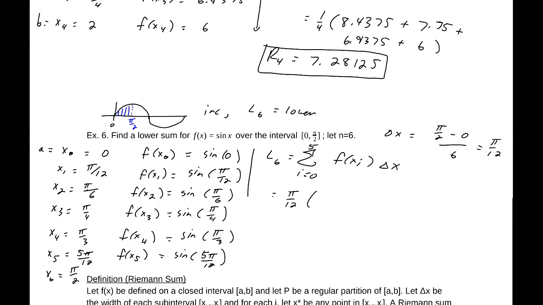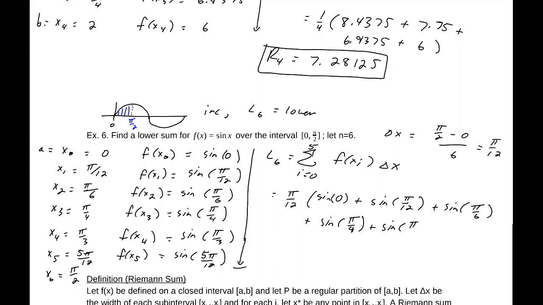So the sum from 0 to 5 is sine of 0 plus sine of pi 12ths plus sine of pi 6ths plus sine of pi 4ths plus sine of pi 3rds plus sine of 5 pi 12ths. And that sum will be approximately 0.863. So there's my approximate